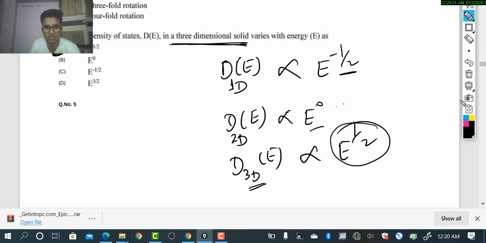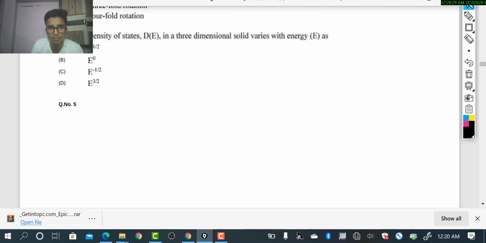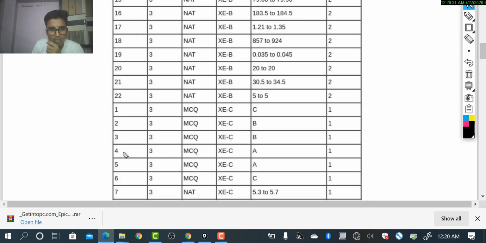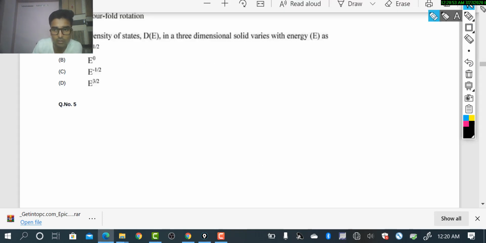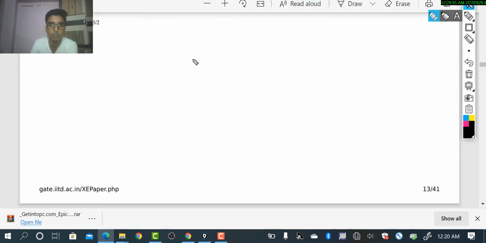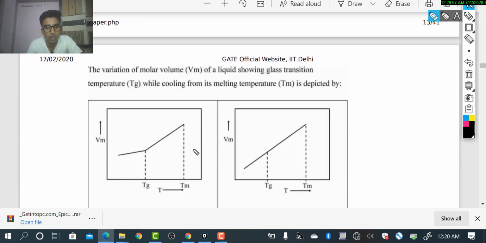Now I'm not going to say the answer for every question. You can check it from the answer key. For safety purposes or for your interest, I can say the answer for question number 4 is A. I'm not going to check if it is numerical. Yes, I'll surely check because I may make mistakes. So for question number 4, it is A, and here also we have made the answer A. So please note down the expression. The expression is very important.